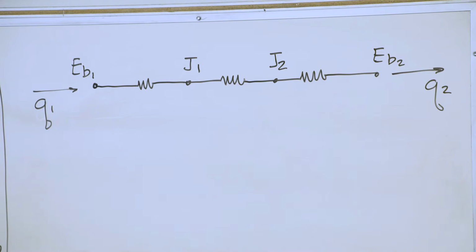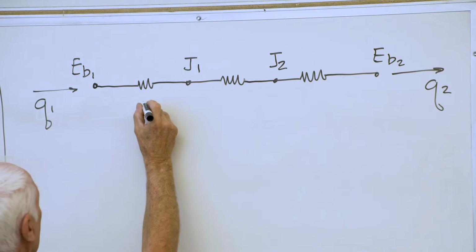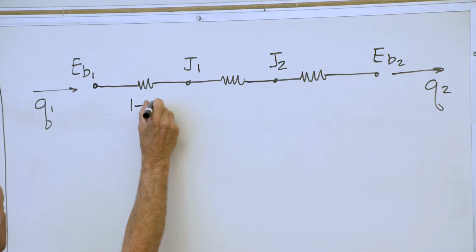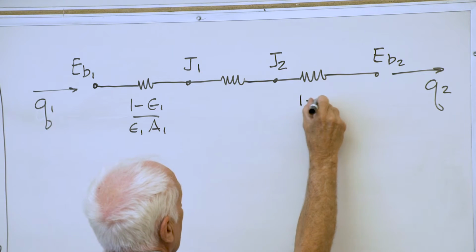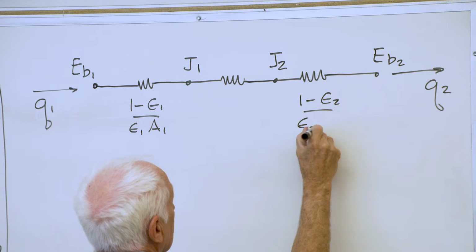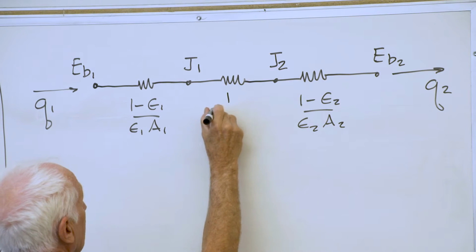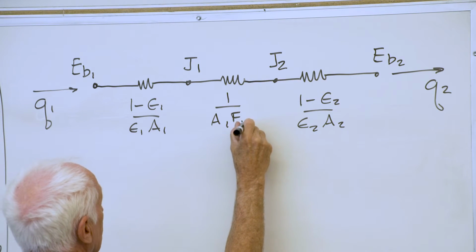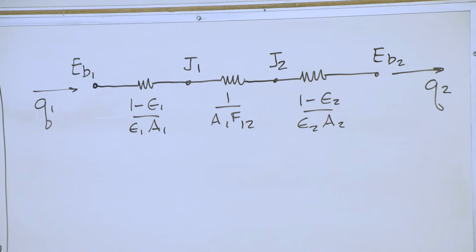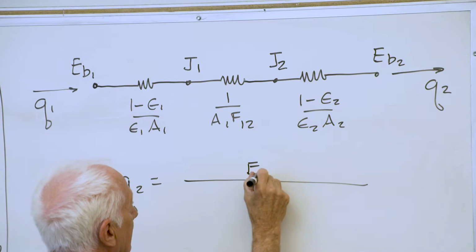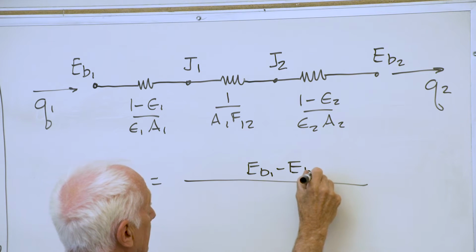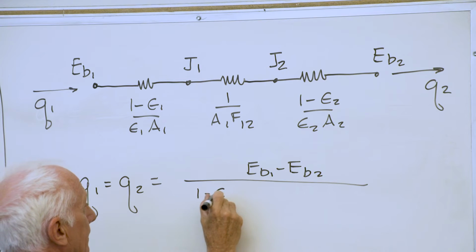They're in series. The resistances are (1 minus epsilon 1) over epsilon 1 A1, (1 minus epsilon 2) over epsilon 2 A2, and 1 over A1 F12. Q1, which is equal to Q2, equals EB1 minus EB2 divided by